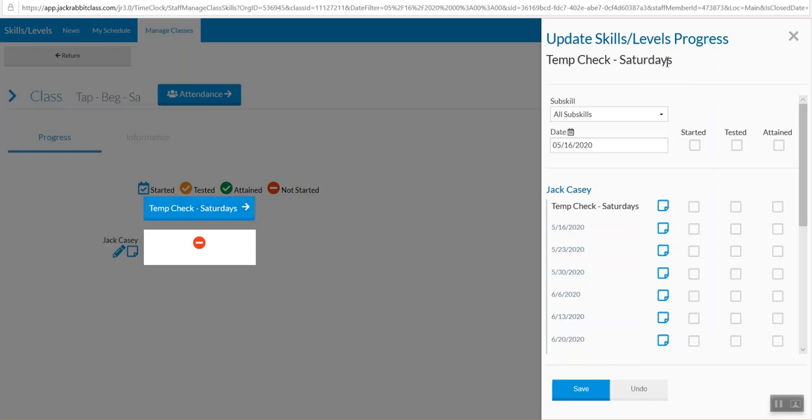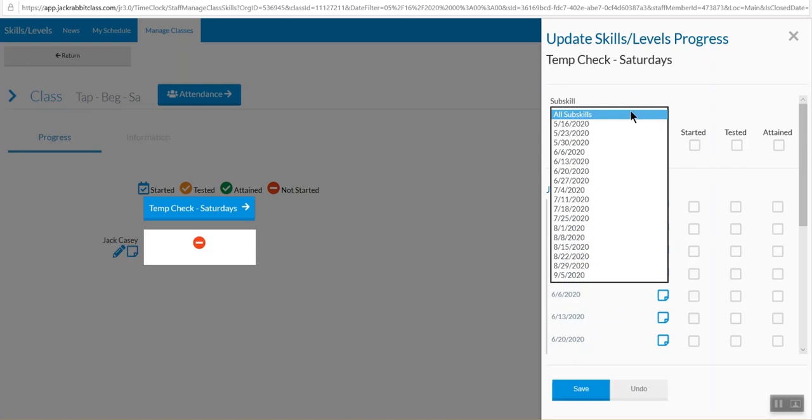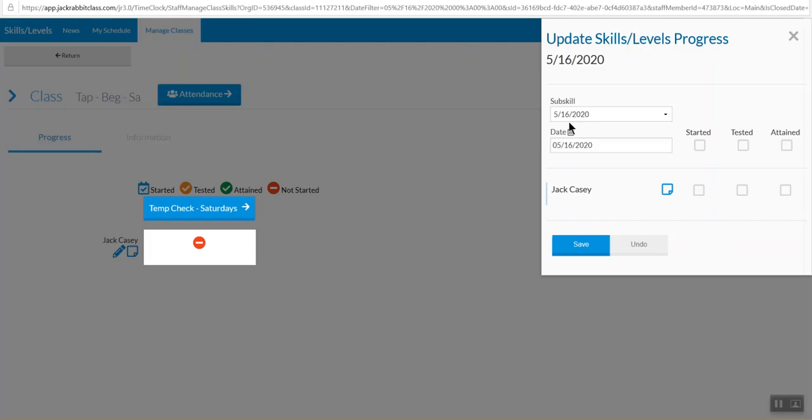All right, so it's going to go ahead and pull up the update skills levels temperature check Saturdays. Now it's listing every single day that we've loaded for which we wanted to check temperature, but we only want to take today's. So your staff's going to go in and click from the sub skills today's date, and that pulls up just the temperature checks for the day in question,